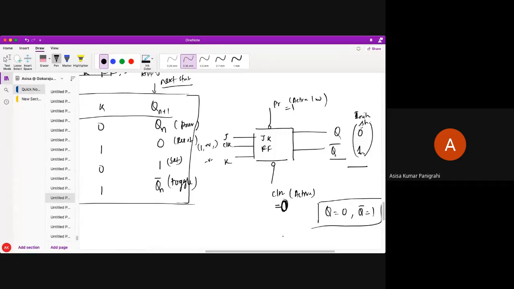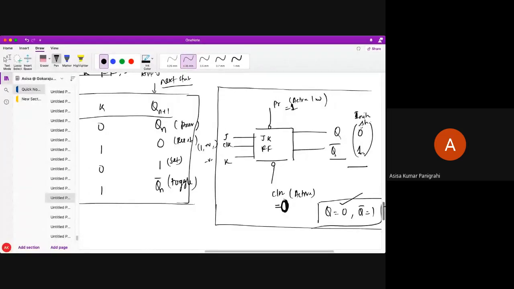Are you understanding how I have got the initial state? I have set clear to 0 and preset to 1 so that I got the initial state of the flip-flop Q equal to 0, Q bar equal to 1. Each and every step I am explaining, students. This is the first step. Did you understand or any doubt? I'll just wait. You can tell me because this is very important. Do you understand how I have set the initial condition? Parvez, did you understand this part? Yes, sir. Okay. Aishwarya, did you understand? Yes, sir.